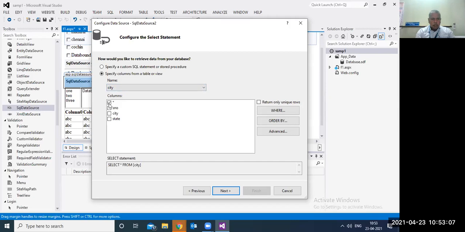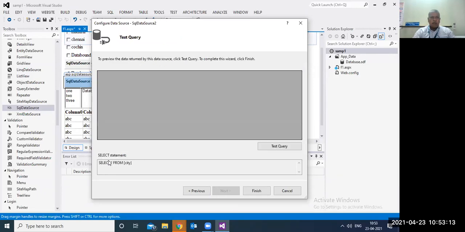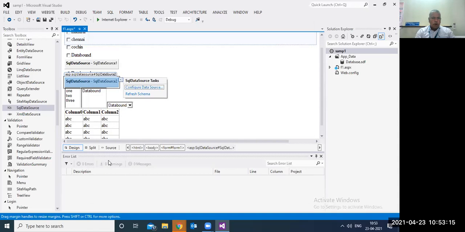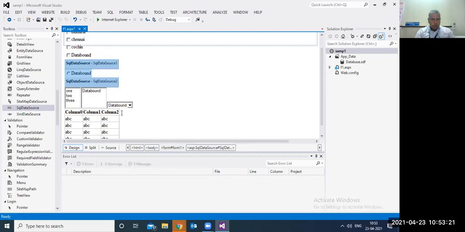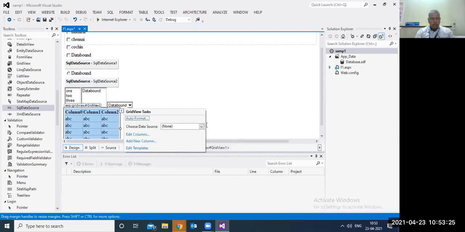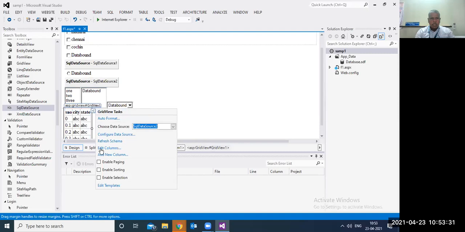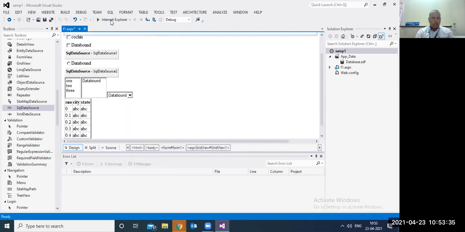Select asterisk, because it's like a flex grid that will give all the data. Now for this one, I am just giving my second data source name, because it has taken all the values.